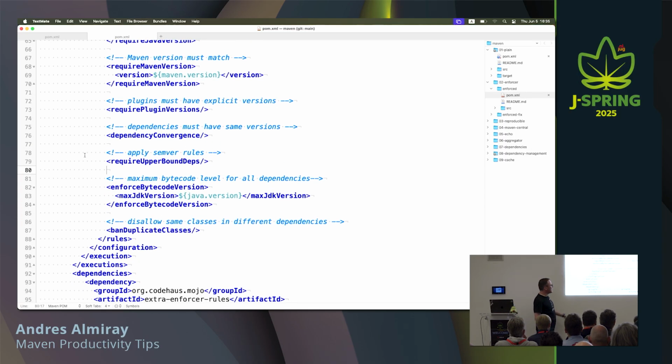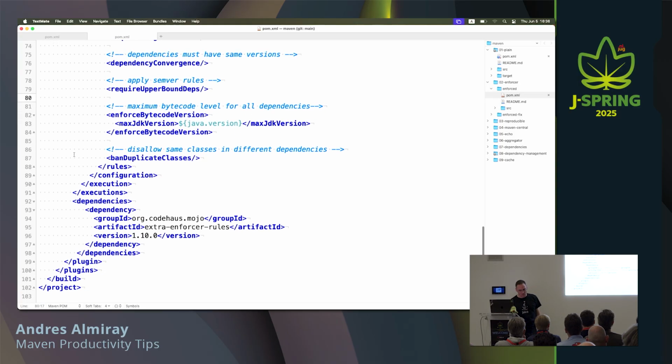And we're also going to ban duplicate classes. They could be the same class, like the log4j classes or SLF4J or something like that, coming from different dependencies because they have been repackaged or shadowed or something else. This is the one that says, I found the same class, the same bytecode, in two different dependencies, so this is potentially a problem. Some of these rules are provided by external dependencies, so in case you didn't know, you can add explicit dependencies to plugins in this way.